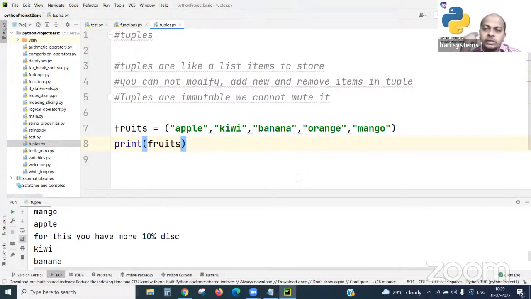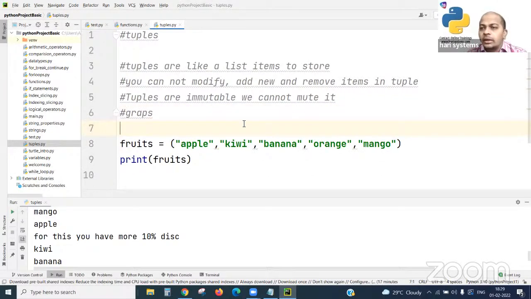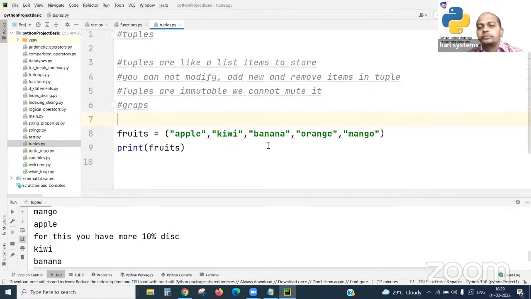In my running functionality, I want to add a new item, any new fruit name. Let's see, grapes: I need to add it to my fruit items. So how is it possible?